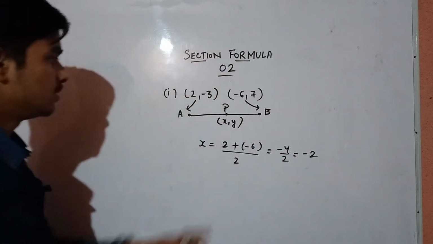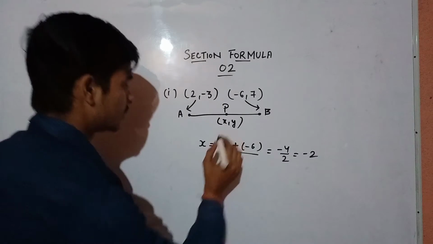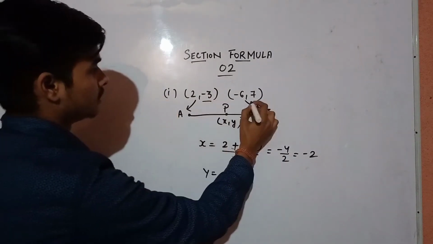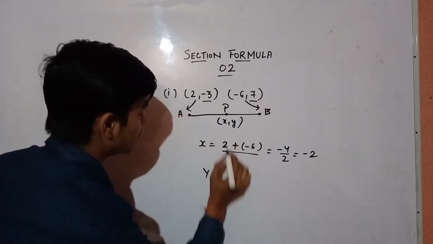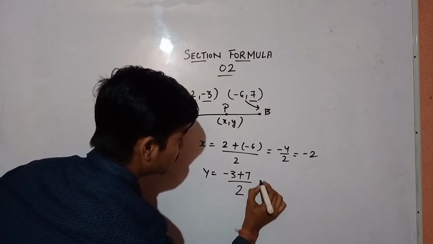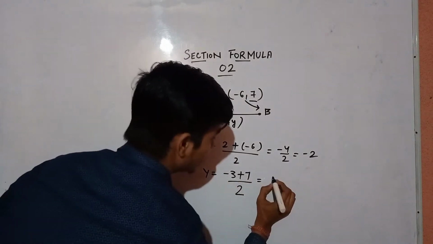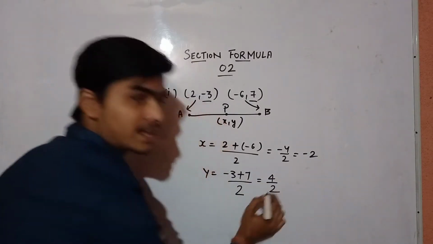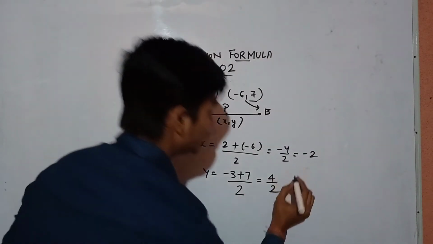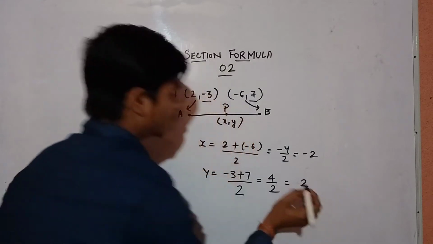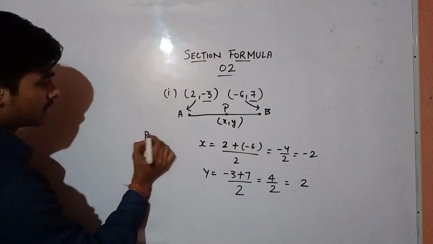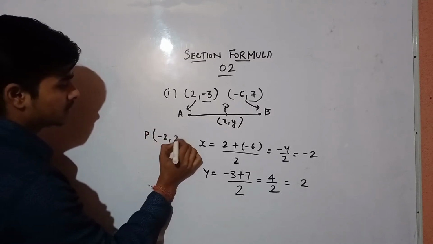Easy. Now we have to find the y coordinate of this point. Exactly the same way, we take the y coordinates of points A and B. So minus 3 plus 7 divided by 2 gives us plus 4. Okay, plus 4. Don't make any minor mistake. Plus 4 divided by 2 equals 2. So at the end we have the coordinate of point P as minus 2 comma 2,